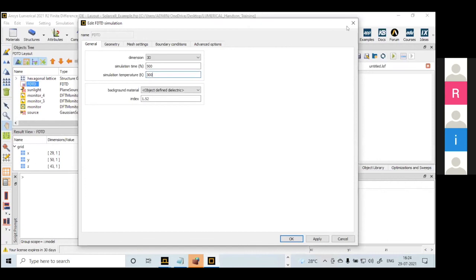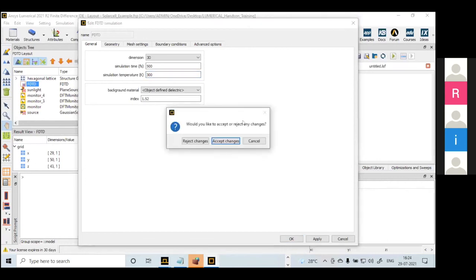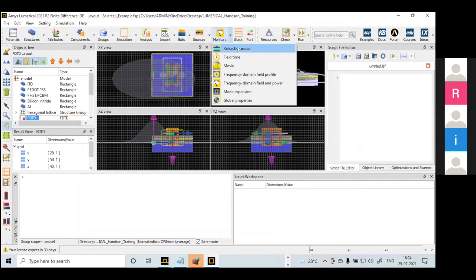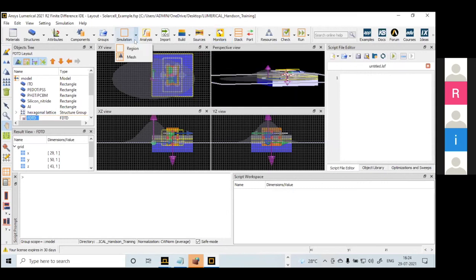Sir, can we include multiple solvers for the same structure at a time? Definitely, sir. In the FDTD, yes, we can use the FDTD solver. Even I can use the refractive index profile, this one also I can include. We can use different monitors, but the solver can be any one. So here I can use the solver as FDTD if I select the solver type as FDTD.